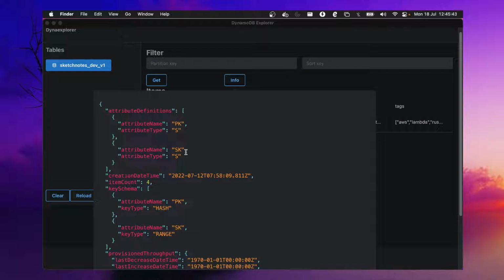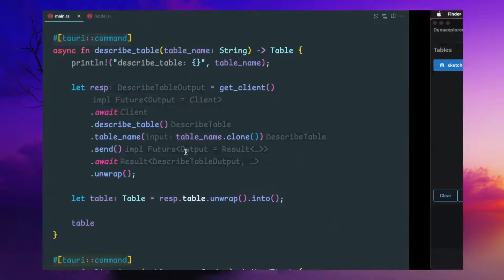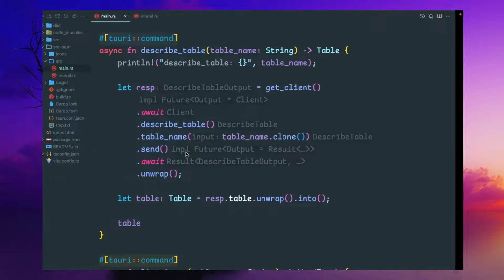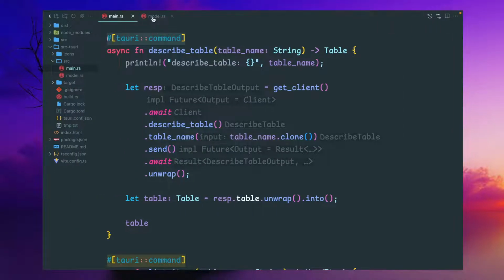So if you define that during the creation of the table, then all of them will be displayed over here. So this is the table structure, how it looks on the screen. And if you go to this model.rs,